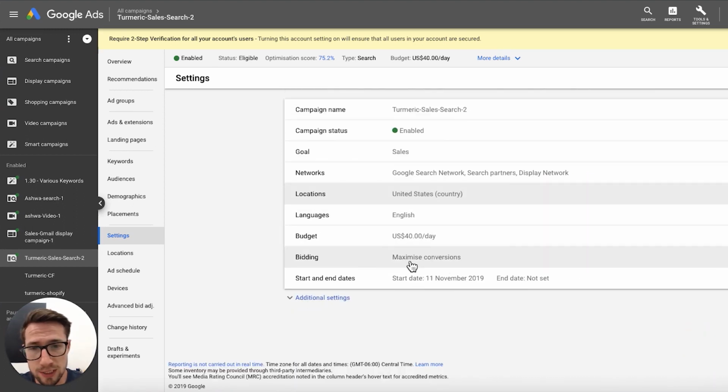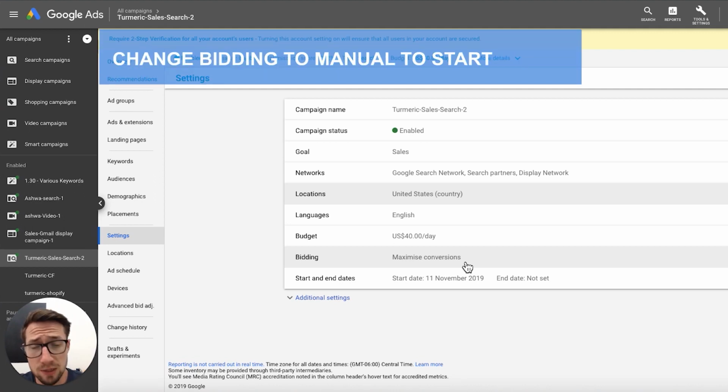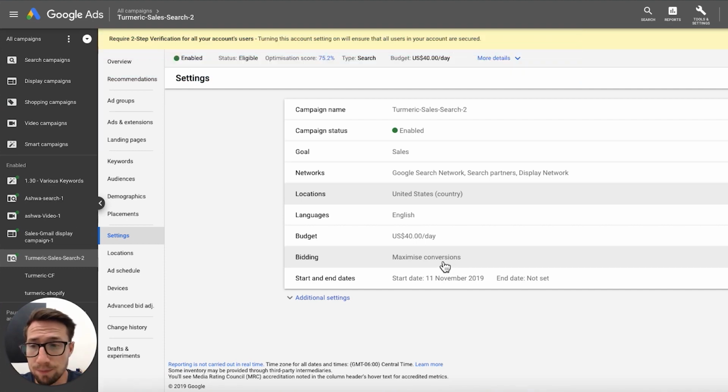Bidding, I wouldn't use maximize conversions at the start. Wait till you have at least 50 conversions per month. Start with manual and optimize those bids on a manual basis, and then change over to that. Google needs the data to work with these automatic bidding strategies. So use manual first. Get enough conversions and then change over to maximize conversions. But I would actually prefer target ROAS, and work out your actual ROAS target or break-even point based on